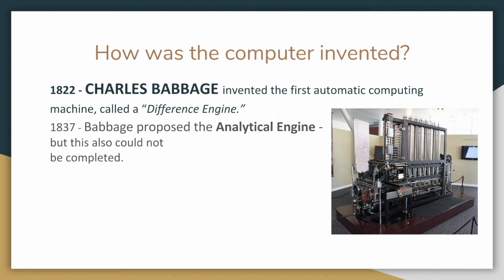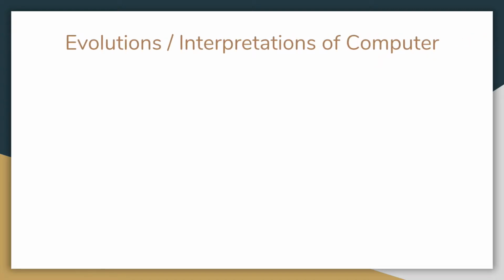In 1837, Babbage proposed the analytical engine, which had a plethora of new and exciting features, such as the ALU, or Arithmetic Logic Unit, and integrated memory. However, this too could not be completed because of funding issues. So now we're going to take a look at some evolution stages of different interpretations of computers that serve different